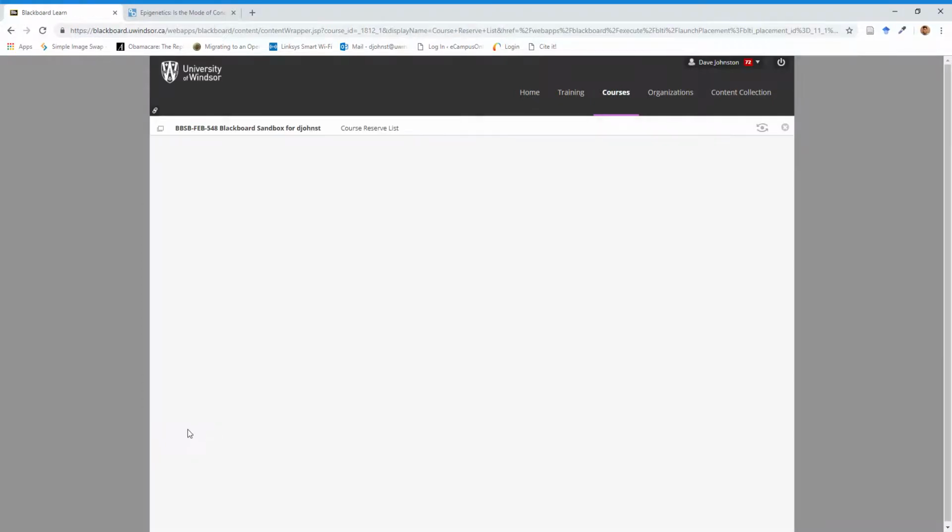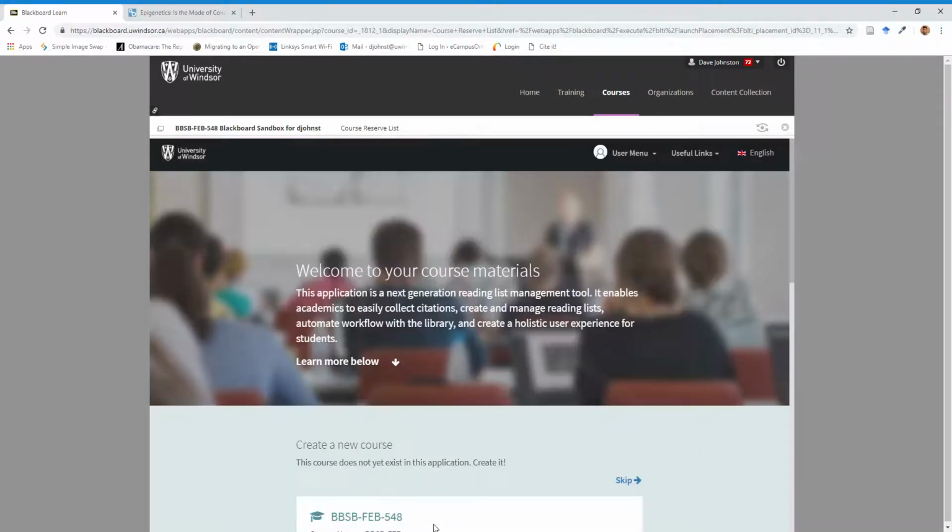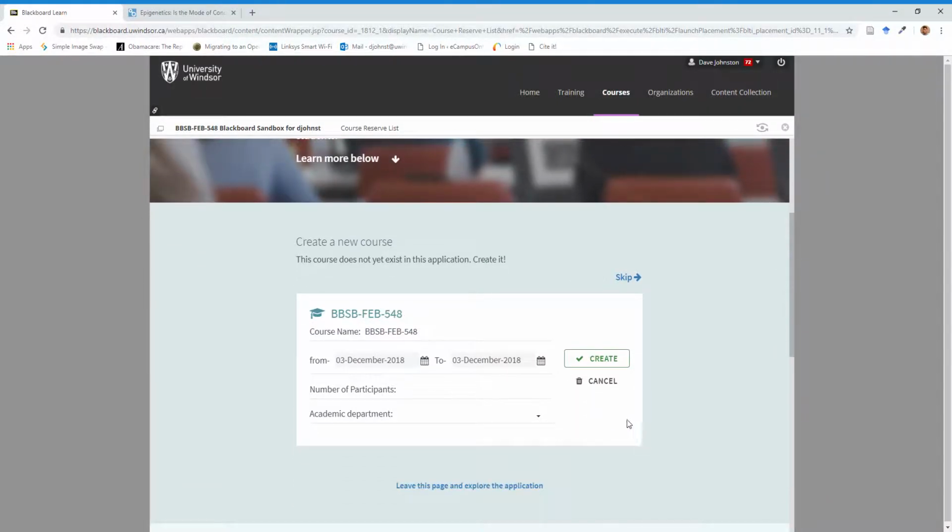Once I click that link, it's going to initiate a connection between the library's course resource system and Blackboard. But it's still operating within the confines of Blackboard, as you can see here. So I'm going to launch that. And the first thing I'm going to get prompted to do is provide the basic information to the library about